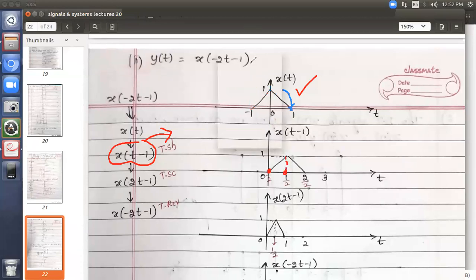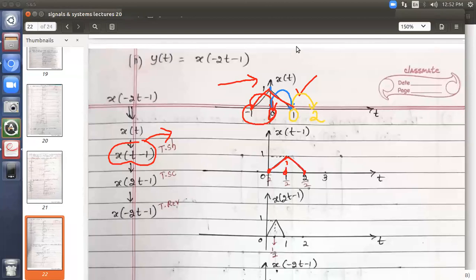Then we have one more point, it is 1. Shift one amount to the right side. So here I will get 2. Hence, the value which is present at 1 will now be at 2. Check the amplitudes. Between -1 and 0, there is an increasing ramp. So between these 2 points, there should be one increasing ramp. Then there is a decreasing ramp between 0 to 1. So new range 1 to 2 will have a decreasing ramp.